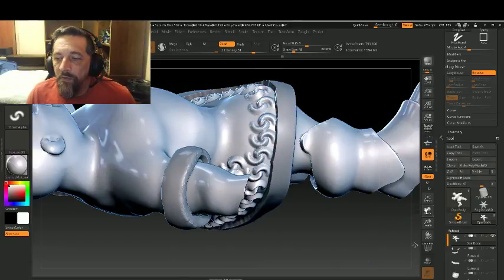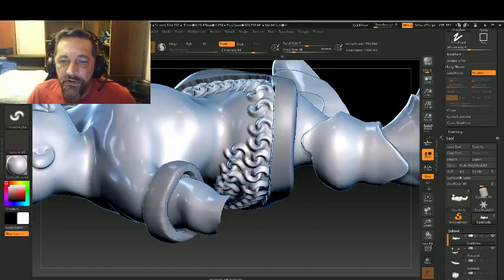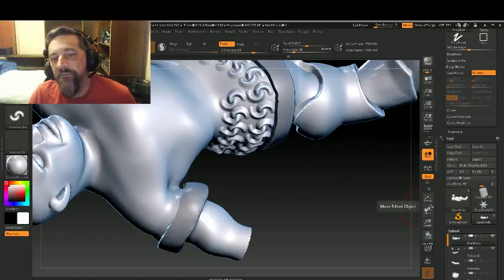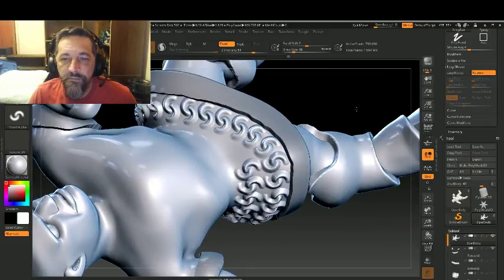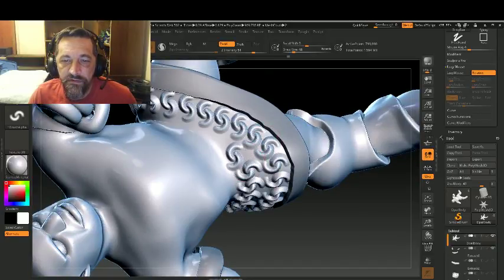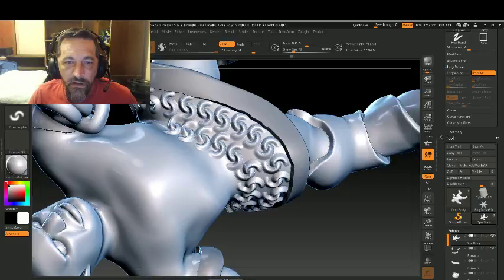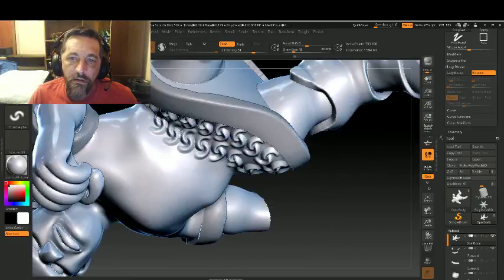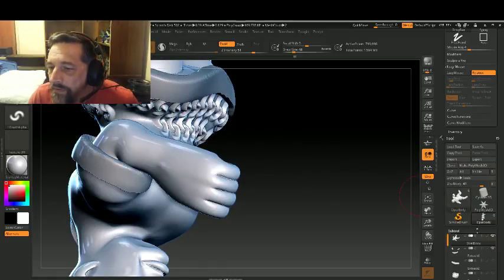Now, one thing we're going to do is after we've got this next layer, because really and truly, it's large enough that we're not going to need another layer between it and the belt. We're going to start over again above the belt, but not very far. We're only going to go one layer above the belt. The reason for this is it doesn't need it. And when we turn the belt on,